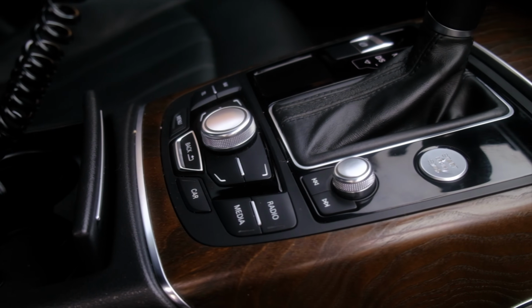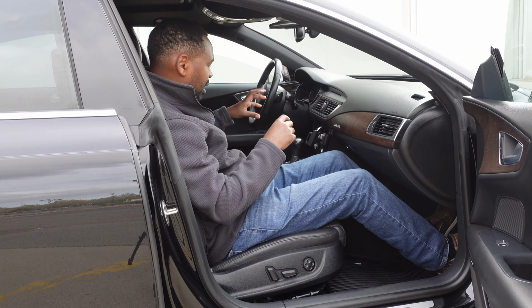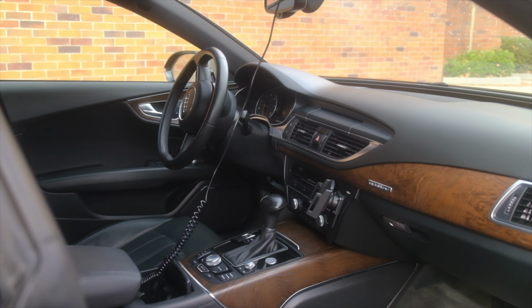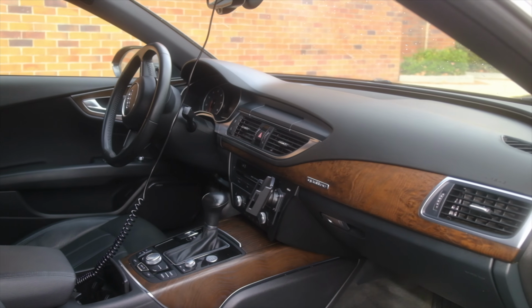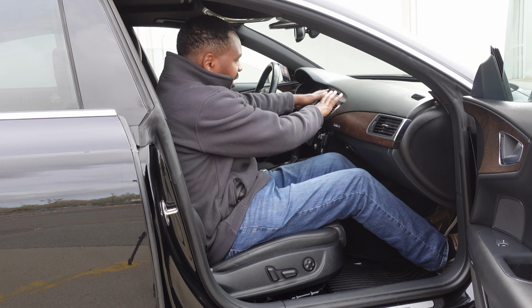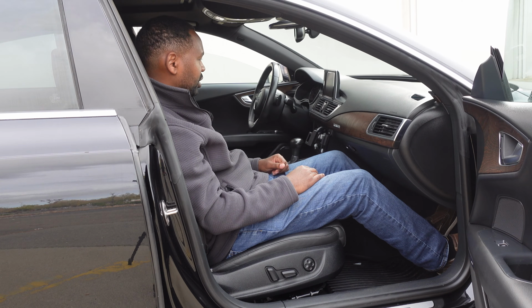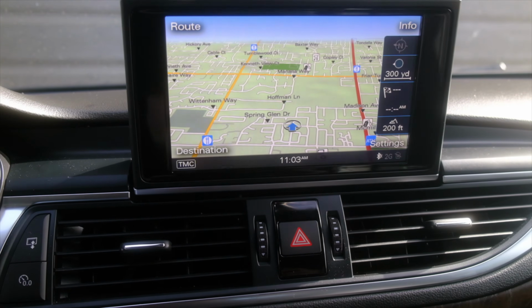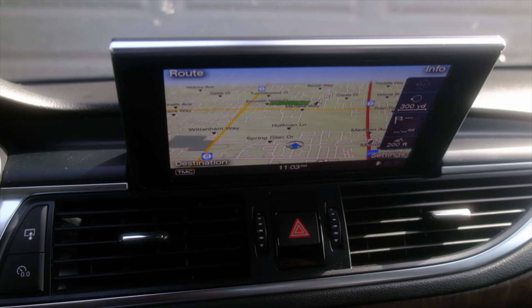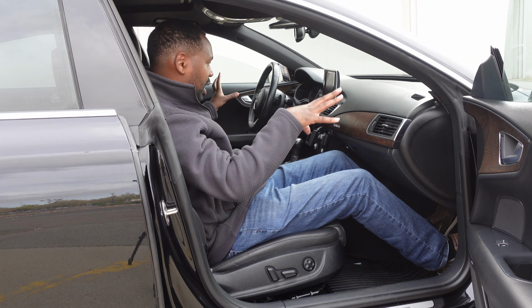One thing I'll say about Audi is they are able to take a complex system and actually make it look simple. But there's a lot of engineering behind what you see. So like the screen is integrated in the dash, and it actually comes up when you start the car. These screens get outdated, and sometimes it's nice to keep it away and just use your phone because your phone is more modern. So I think that's a nice touch when the screen actually disappears and it doesn't obstruct the